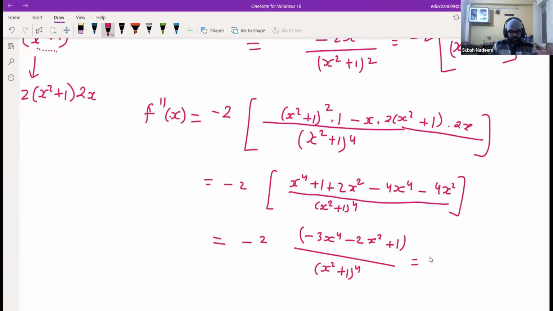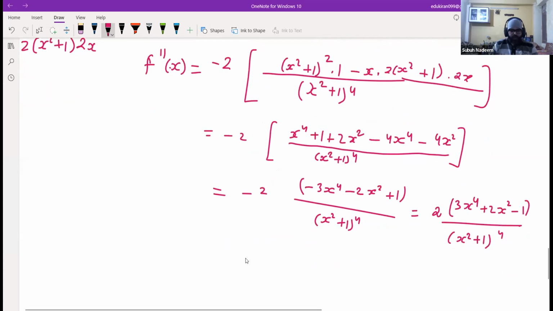When you split the middle term here, first take minus outside, it will become plus 2, 3x to the power 4 plus 2x square minus 1 upon x square plus 1 to the power 4. Now you have to do the middle term splitting. I'm not doing the intermediate steps. The intermediate step would be, you will write 2x square as 3x square minus x square. In that case, it will become 3x square, it will be x square plus 1